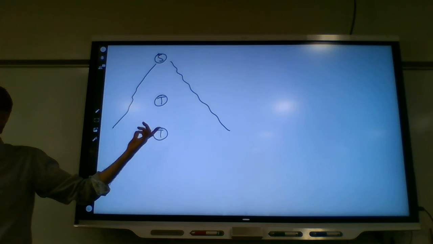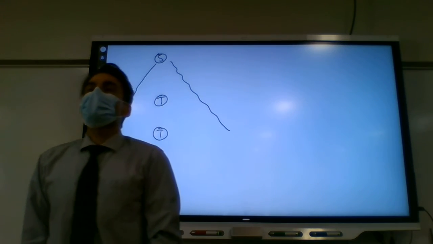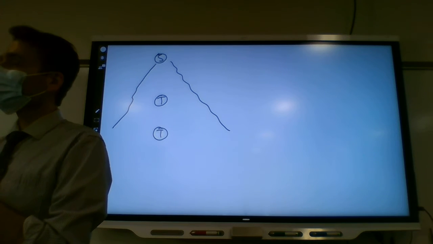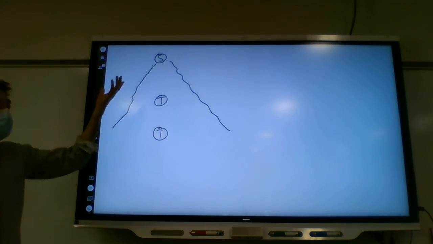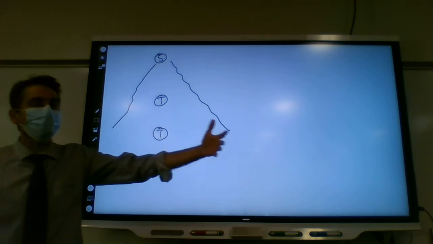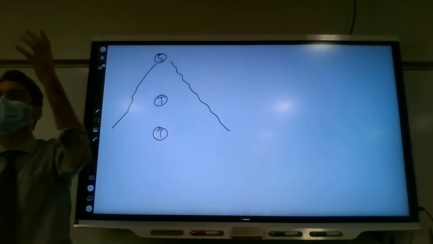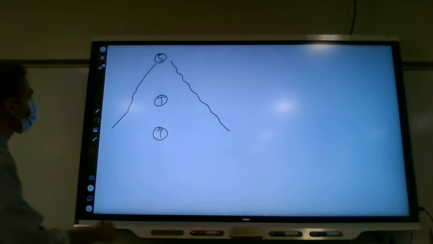Maybe more than twice, but at least twice. Does that make sense? This is like the automaton. If the string's long enough, there's some state you have to come back to. You have a finite number of variables and a really long string. So your derivation eventually, if the string is long enough, will have to reuse a variable. So what happens?